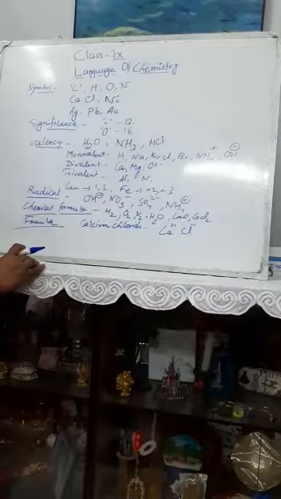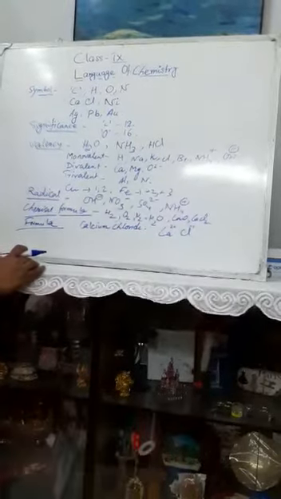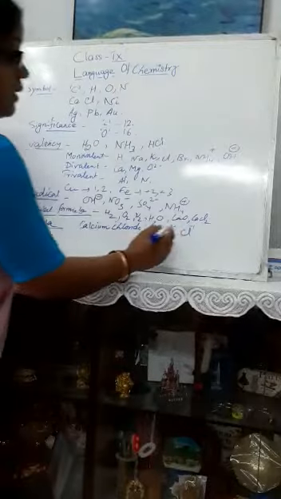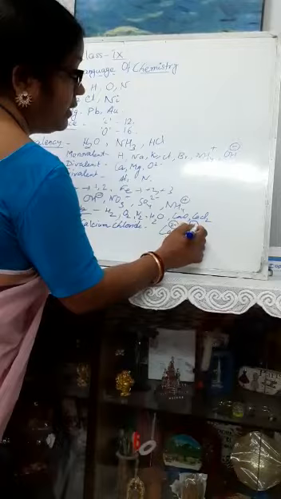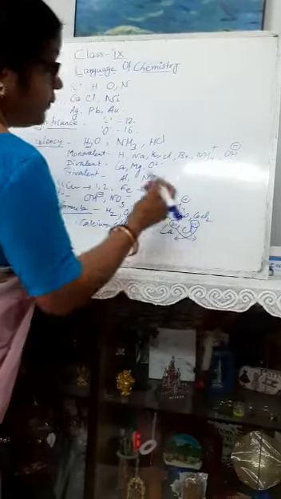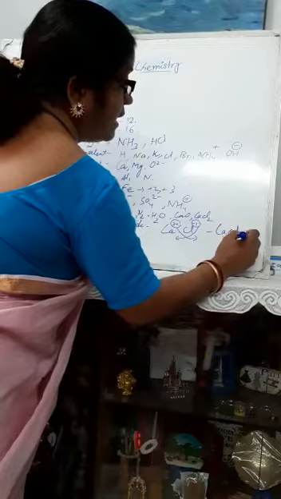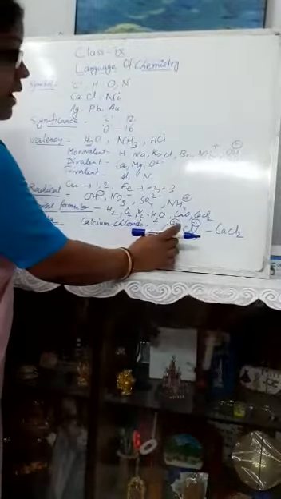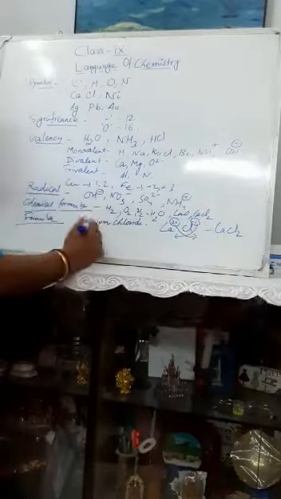The second thing is the valency. The third one, what should we do with these valencies and the symbols? The valencies will interchange their positions. This one will come here and this one will come here. So the formula of calcium chloride will be CaCl2. And students, you must know the metallic part must be written first and then the non-metallic part.